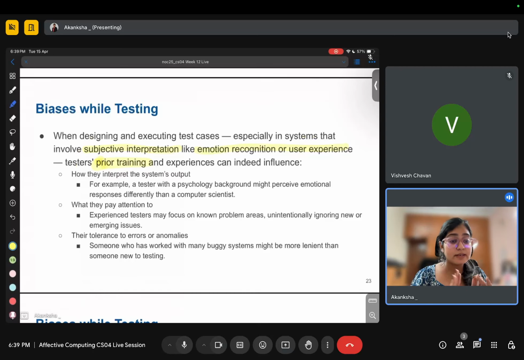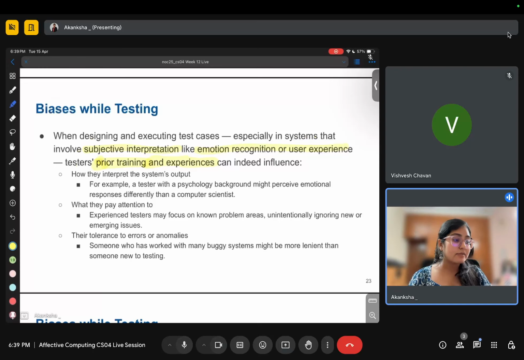Let's say one person is experienced in facial emotion recognition, so he might not be the best person to work with the voice modality. And even experience, like let's say one person has been working in this domain for so long and is very experienced. How are these two factors going to impact the system's output or the testers' testing process? It determines how they interpret the system's output.